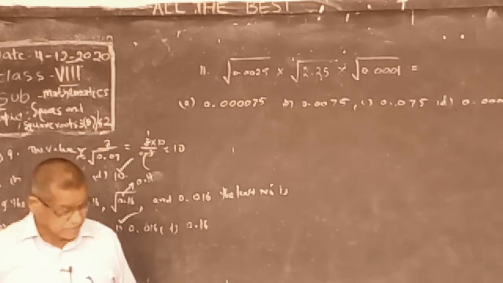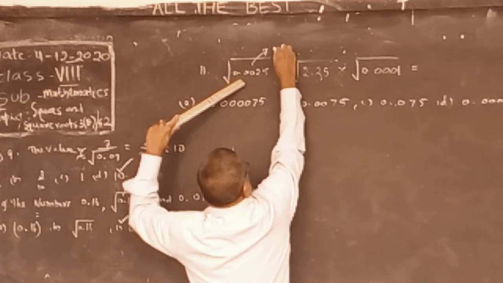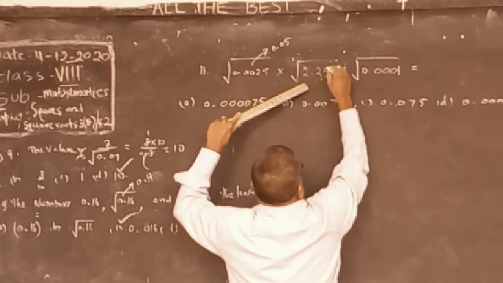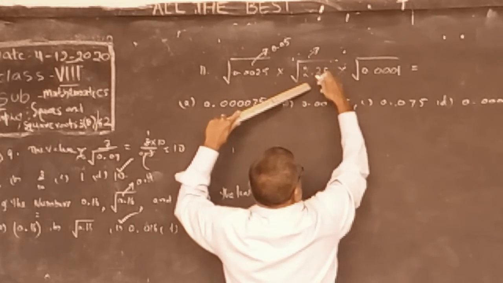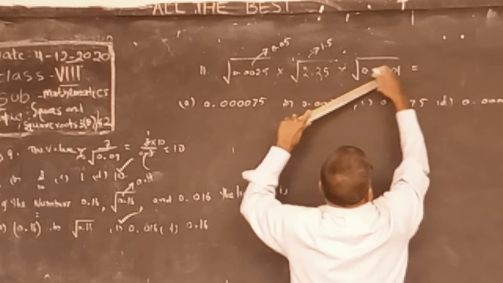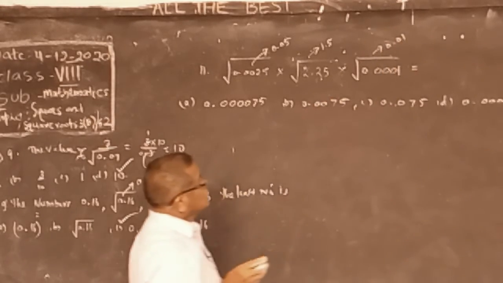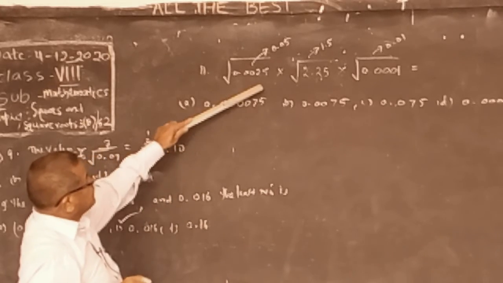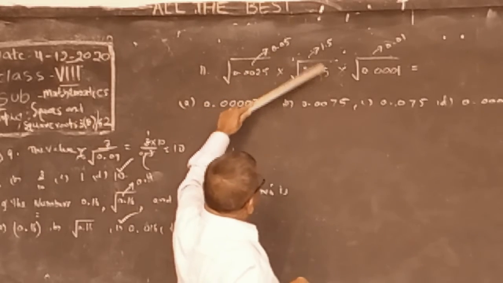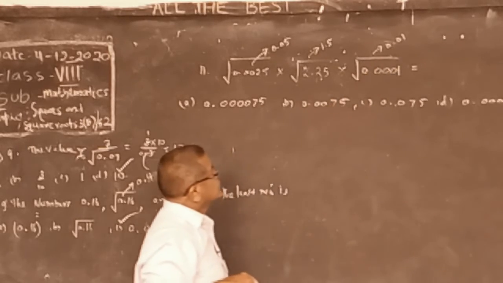Let us multiply first. The square root of a decimal with 4 decimal places gives 2 decimals. The square root of 2.25 is 1.5, with two decimals in the square and one place in the root. For 0.0025, there are four decimals, so two decimals in the square root. For 0.001, the square root has one place.